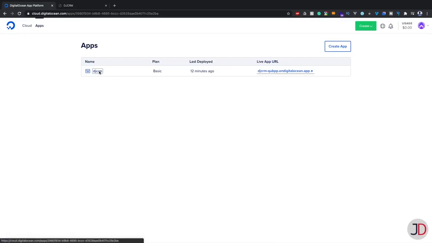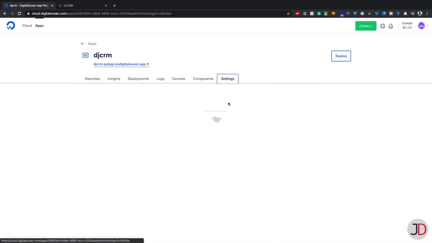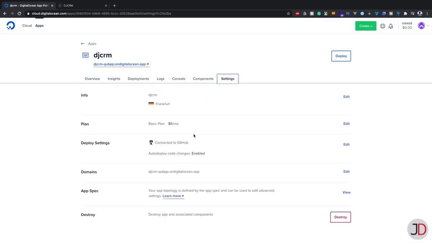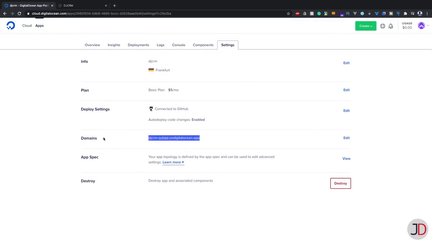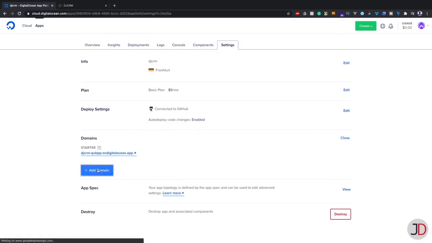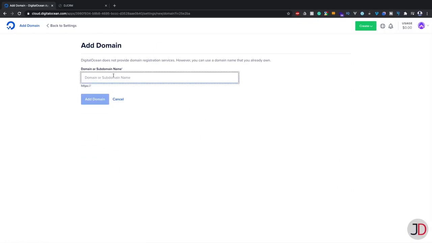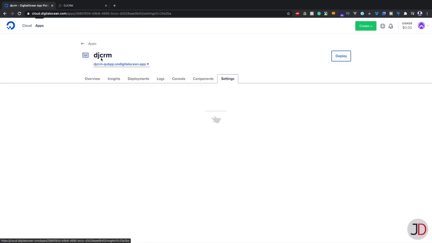So if you go to the app and you go to settings, then here under settings, we'll have domains, right? So under domains, just click edit, and here you can add your own domain. This can either be a full domain or it can be a subdomain of one that you already own. Make sure that if you don't have a domain, I'm just going to click cancel, open up the cloud here,